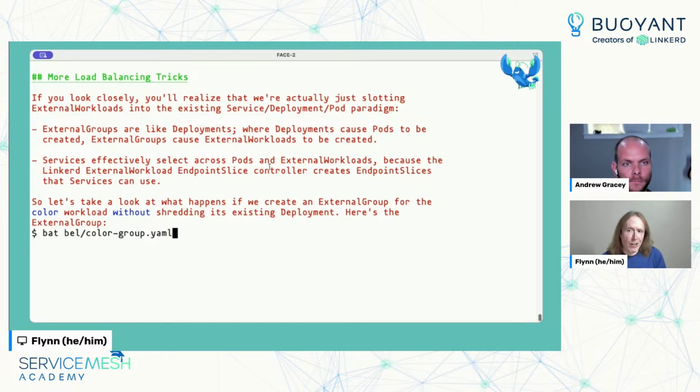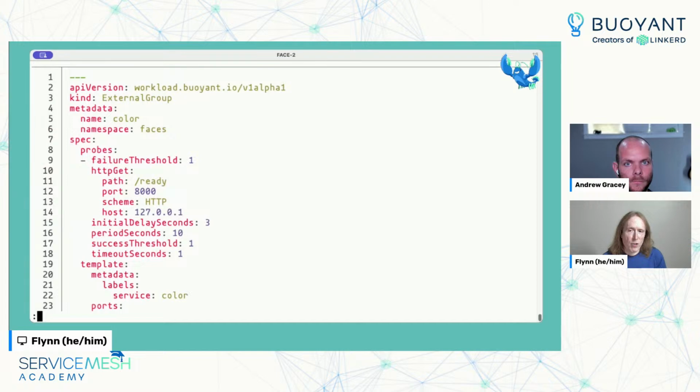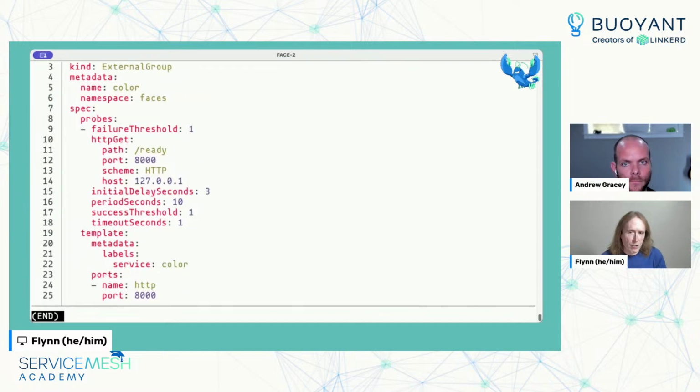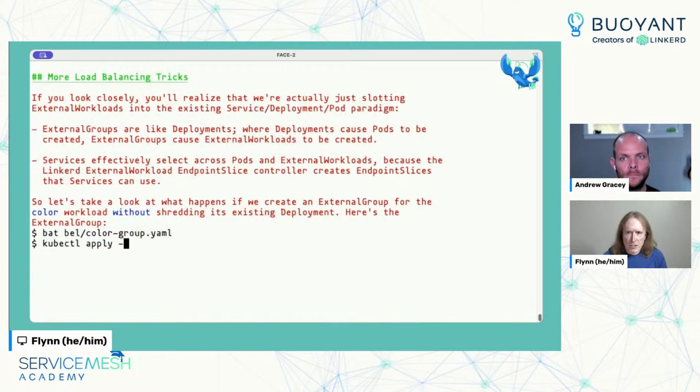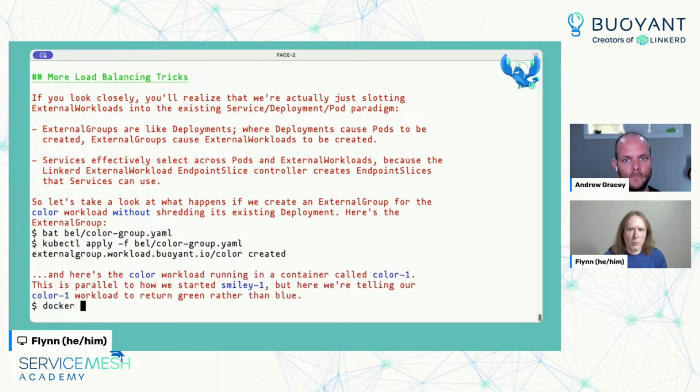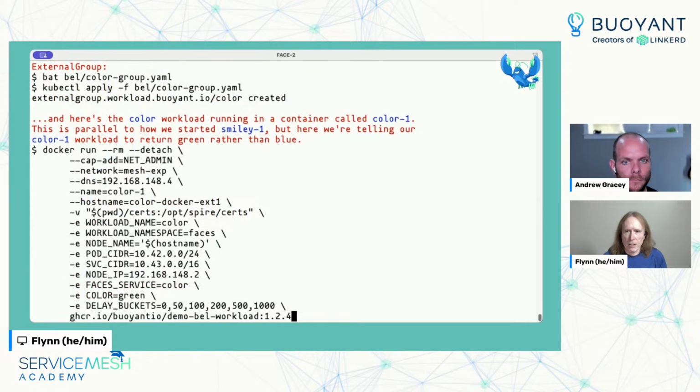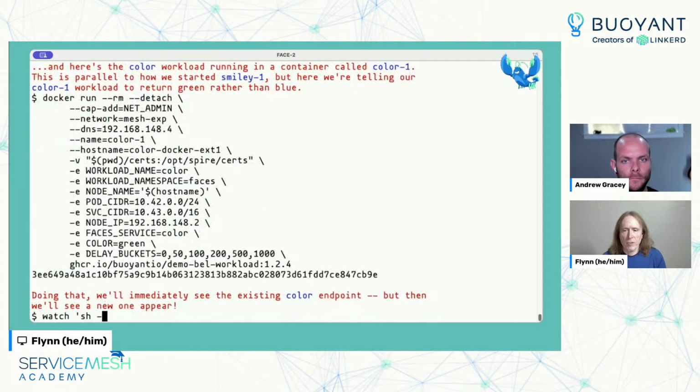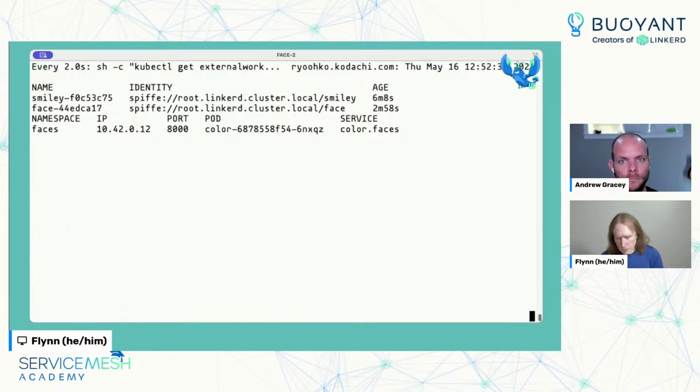Suppose we fire up an external group for color. And again, the only thing I'm changing here is what goes in the label and the name of the thing. If we fire this up, but we don't get rid of the existing deployment first, I'm actually not going to wait for it to type all of that. I'm just going to tell it to go ahead. Here again, the name is changed. We're changing the service, and we're also going to explicitly tell this one that we want it to be the color green rather than blue. So if we fire that up and then come over here,